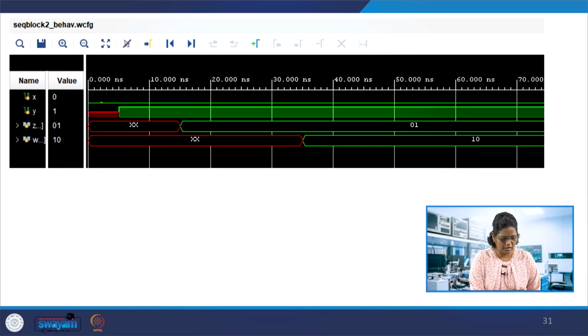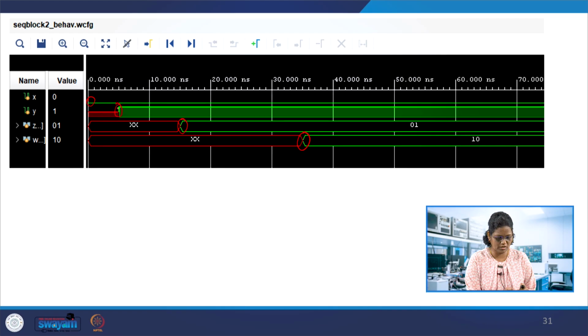So x is getting 0 initially, there is no timing control, and y is getting its value at 5 nanoseconds, and then the concatenation comes after another 10 nanoseconds. So at 15 this becomes 0 1, and w is getting its value at 35, another 20 time units from here, so it's going to 1 0. We can see that in the previous case it is happening at the 0th instant.